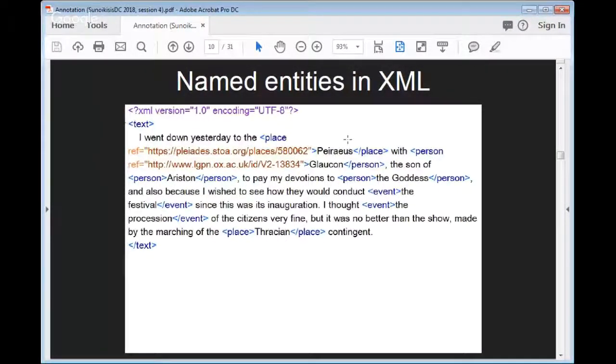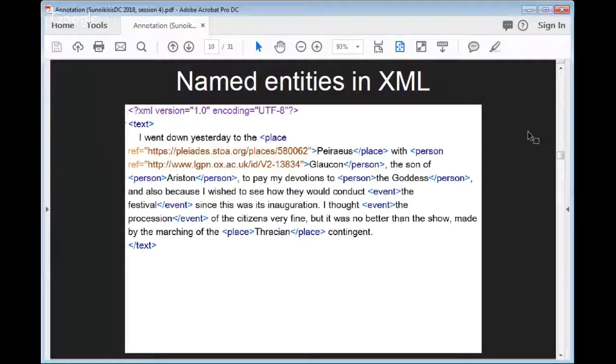Likewise, we can disambiguate Glaucon there as the Lexicon of Greek Personal Names identifier for Glaucon, volume 2, 13834, this particular Glaucon, son of Ariston. At least I'm fairly sure it is. I only looked him up very quickly, but I think I found the right Glaucon.